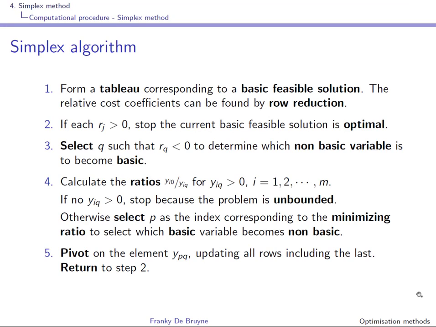Once you have your simplex tableau in canonical form, you can look at the relative costs. If all of them are positive, then you have ended up with the current basic feasible solution being optimal and you are at the end of the algorithm. If this is not the case, that means that there is at least one relative cost that is negative. Well, this is step 3, right? You choose the one that corresponds to the most negative relative cost, and the associated variable xq can join the